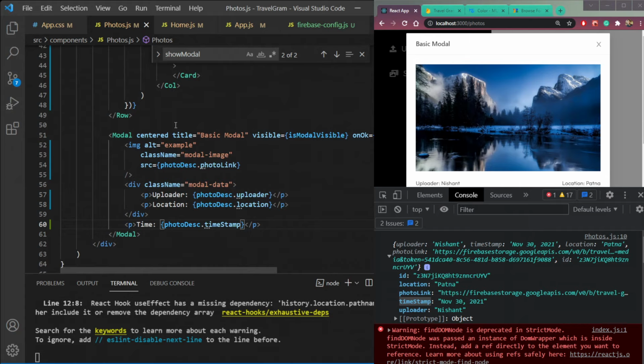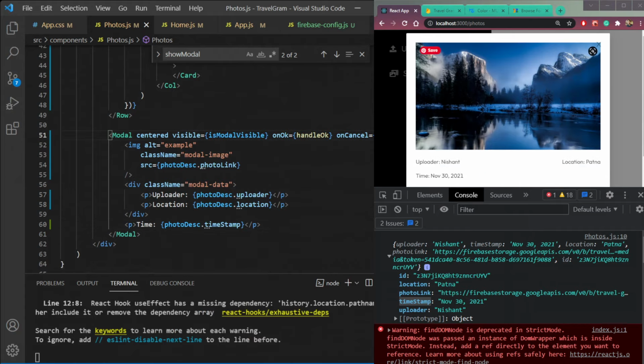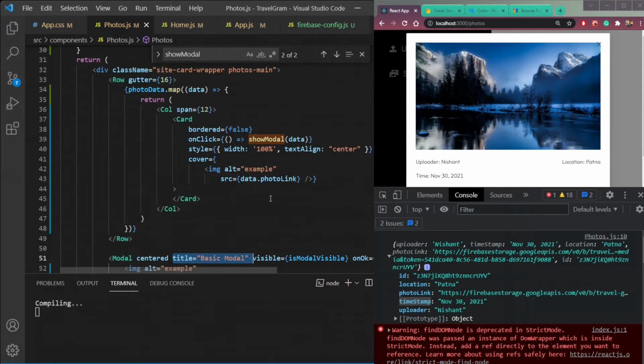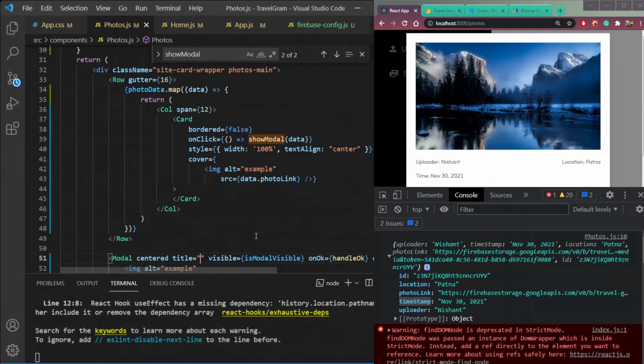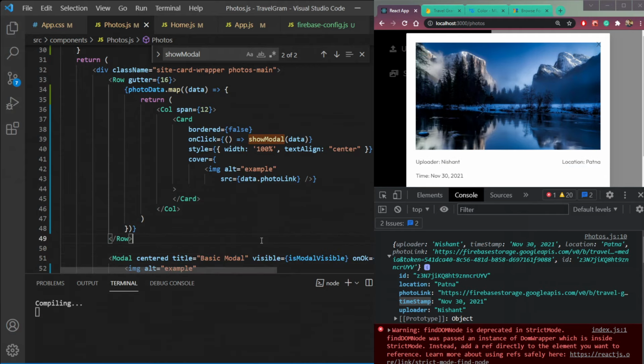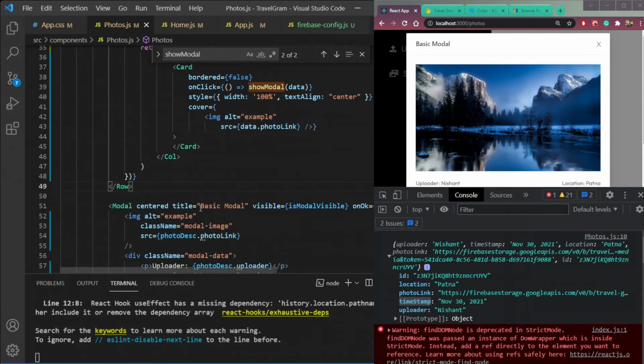So where is it? Title. So remove it. Okay, let's leave it here and just remove title text. Let's see what we get. Okay, we are still getting this. So let's select some title here in the modal.